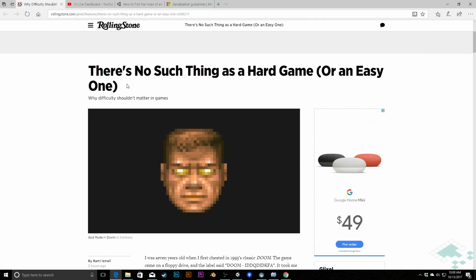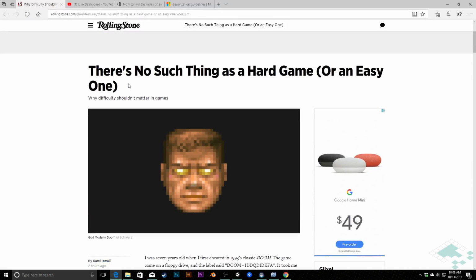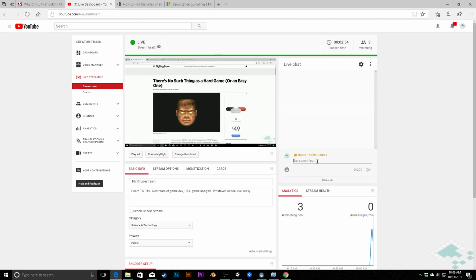First thing, I saw this article the other day that relates to my video last week about Cuphead. It's by Rami Ismail of Lambert Games, and he is talking about difficulty in games and how it's kind of an arbitrary thing, and that people shouldn't get hung up over people using different settings. Thought it was a good read,